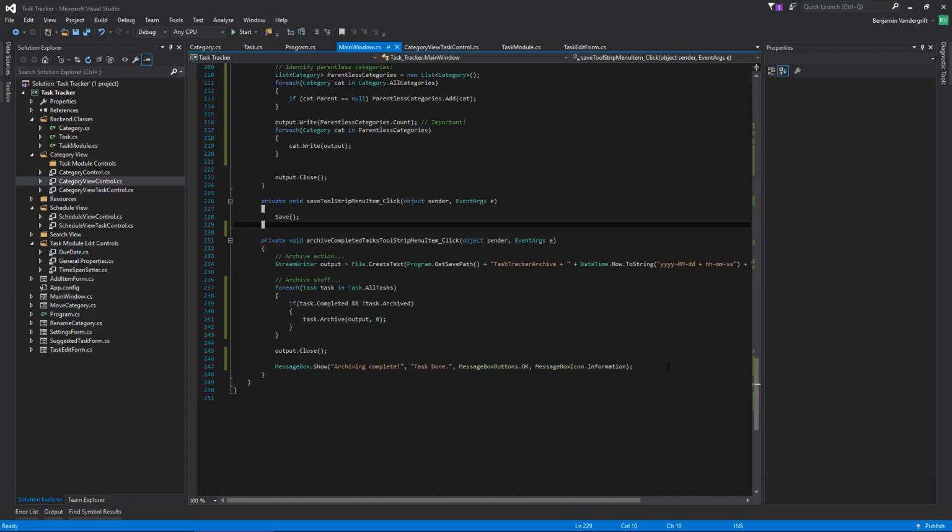I want to give you a little bit of an update. I checked the save and archive stuff briefly, and it looks like it's working. I'll find out with more information, more categories and stuff, whether or not it's actually properly working. I did find that the archive